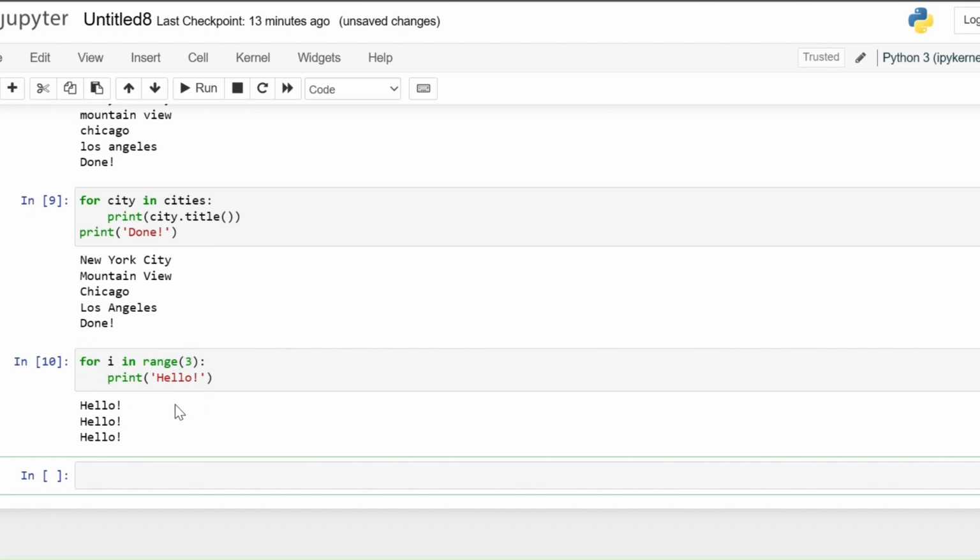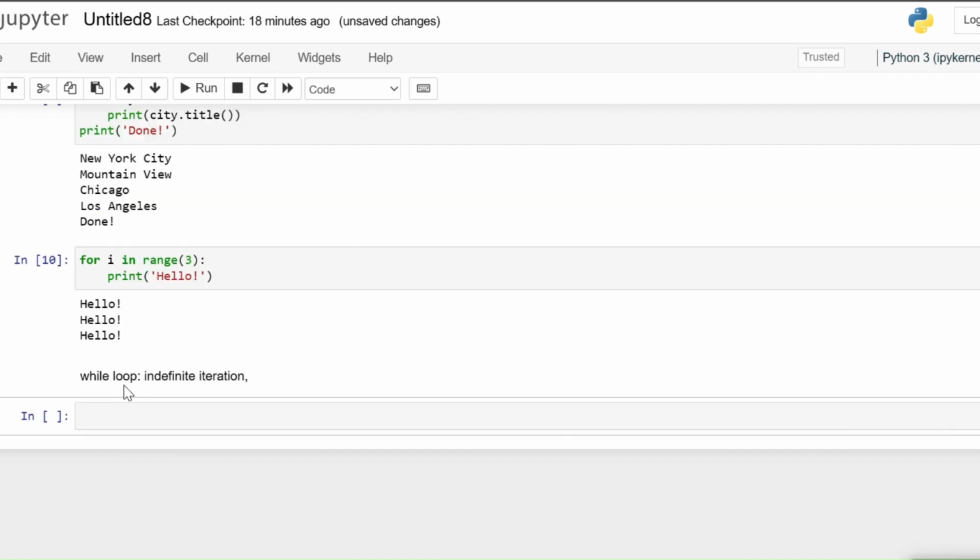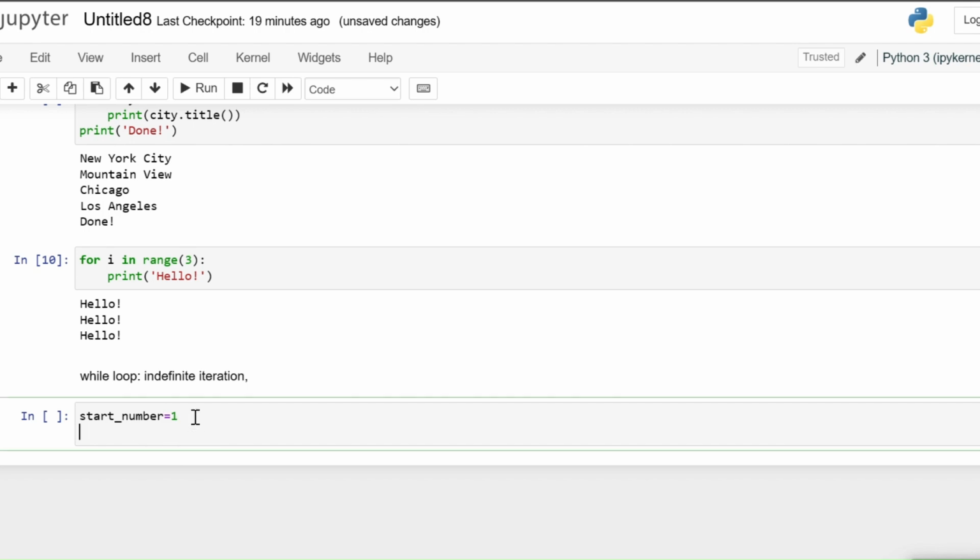Now, the while loop is different. A while loop is indefinite iteration. It goes through all the iterations until a criterion is not met or a condition is false. Here, for example, I have a start number, an end number, and a break number. For example, the start number is 1. My end number, for example, will be